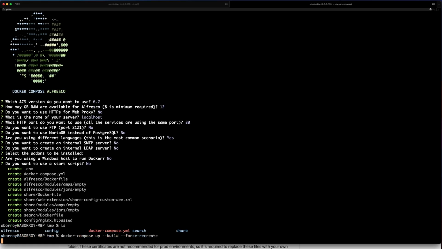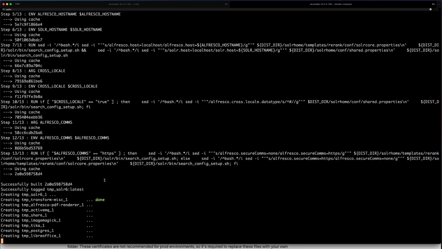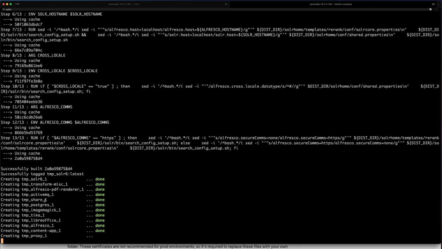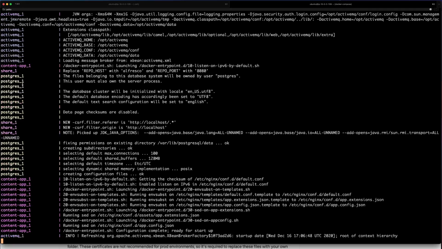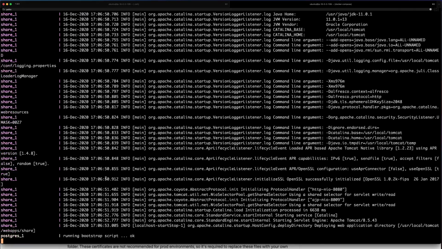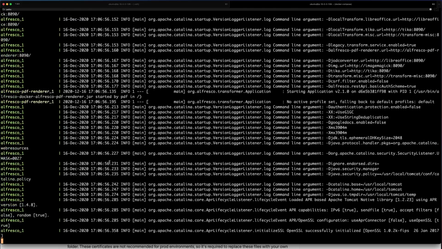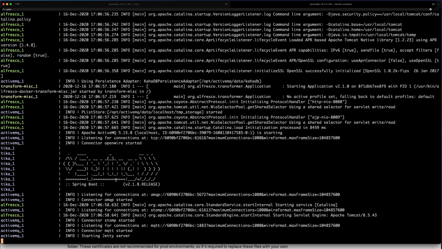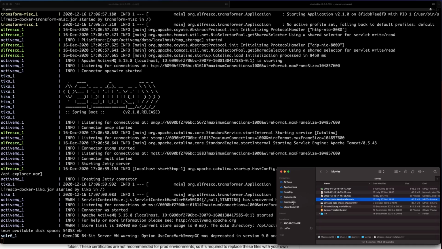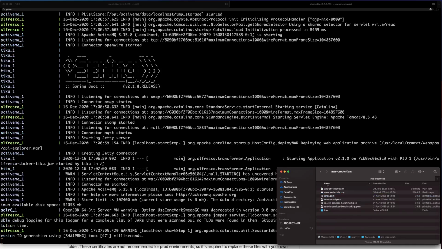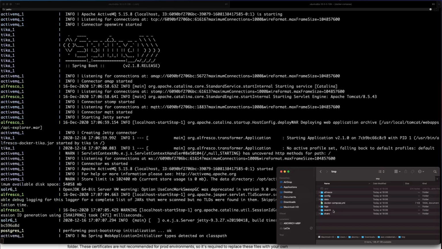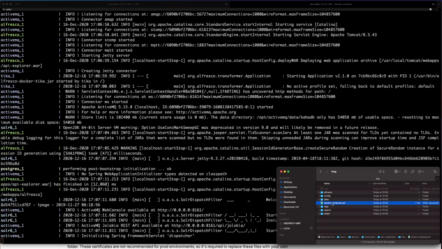I'm starting the configuration with that. You can see every container is being started, and every container is generating some log, right? So you may need to review all these logs in order to see that everything is going fine and everything is working as expected. So if we go to the generated files, these ones, we can see that Docker